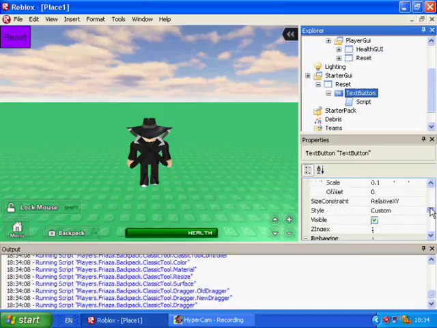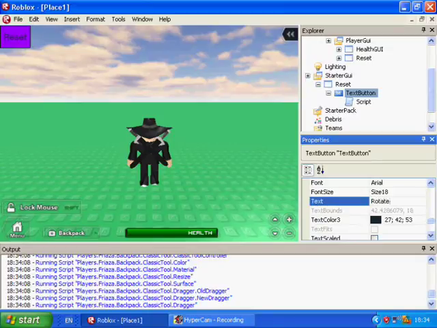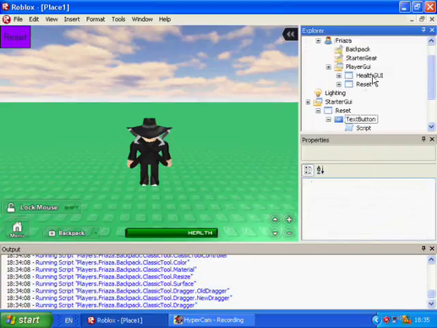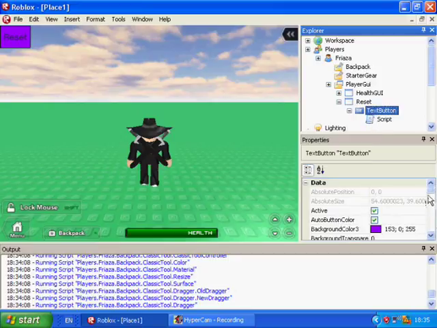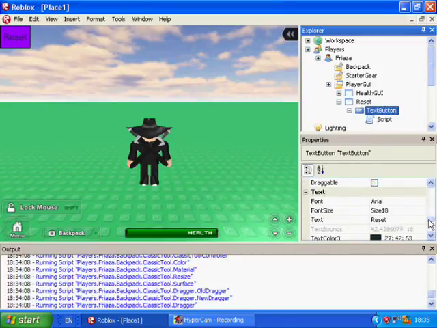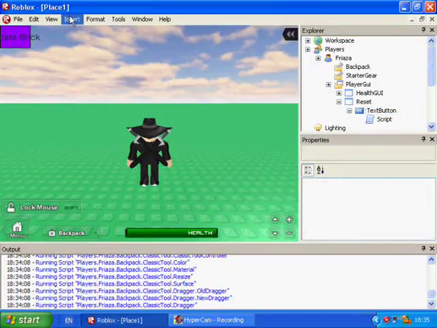Actually, let's test that. Let's change the text button's text to rotate brick. Oh right, oops, meant to change it in player GUI. Rotate brick. Okay, and